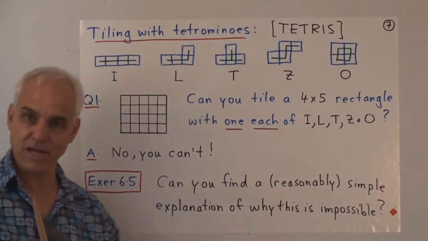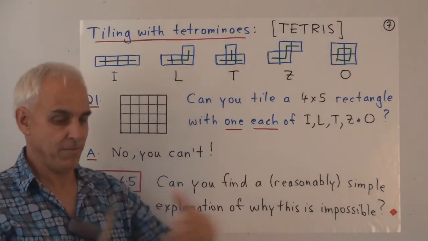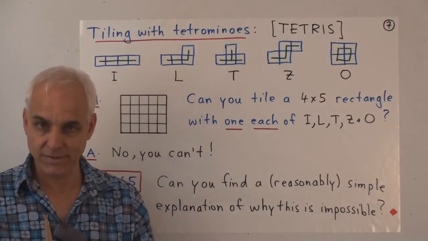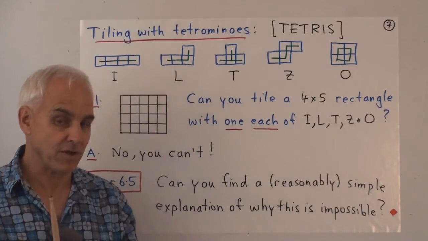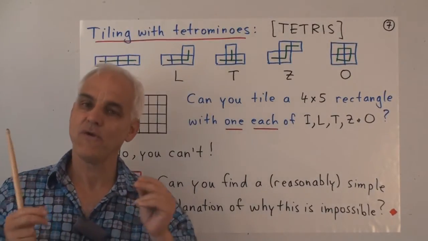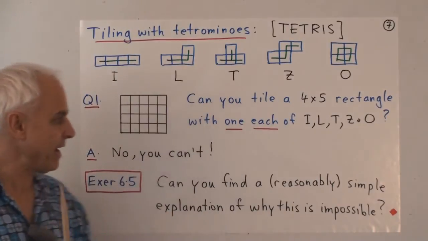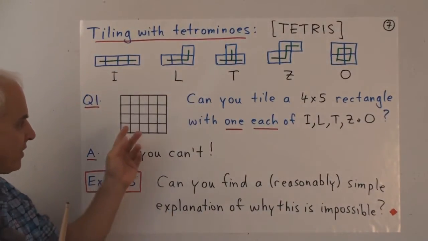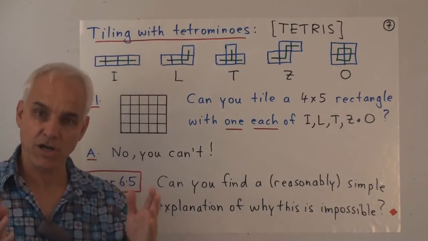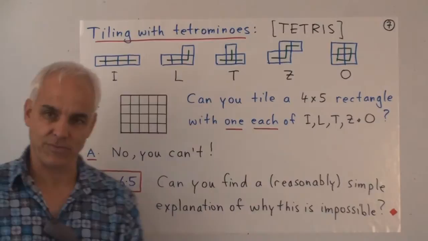So you try some other arrangement. And again, you'll probably be able to fit 3 or 4 in. The 5th one doesn't fit. Try something else. You keep doing it. You eventually perhaps will start suspecting that this is true. But how do we know for certain? How do we know that there's not some really clever way of tiling this? So we're looking for some argument, some explanation for why this is true.